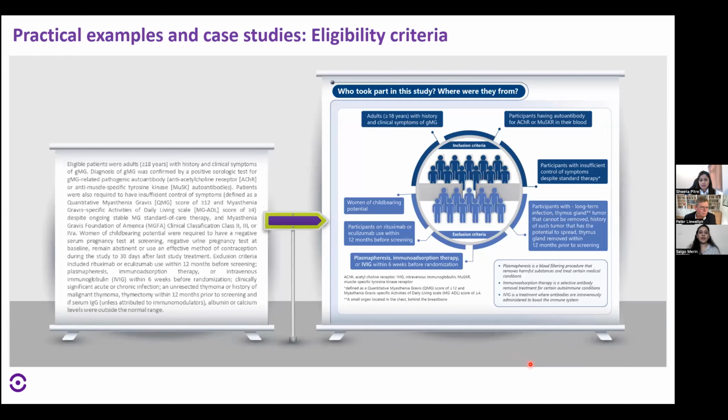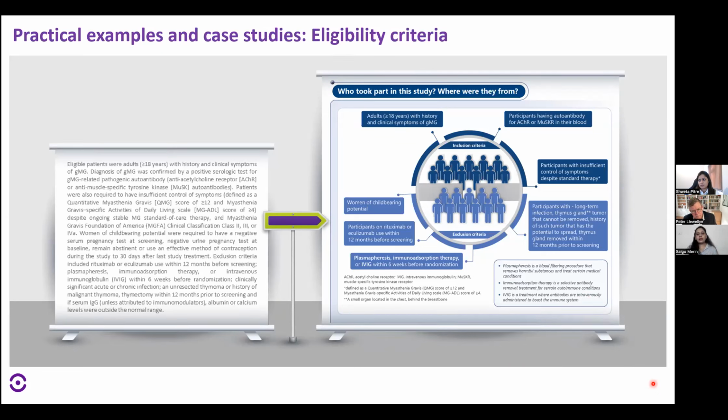eligibility criteria. Now if you have read a manuscript, you know eligibility criteria is one of the most complicated areas, wherein it says who was included in the study and who was not included. Most patients want to know this, because does this apply to me? It's a difficult concept. Many concepts involved in the eligibility criteria are sometimes difficult to understand.